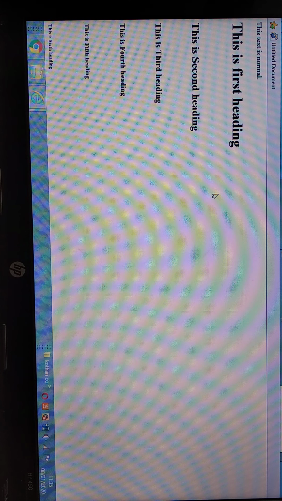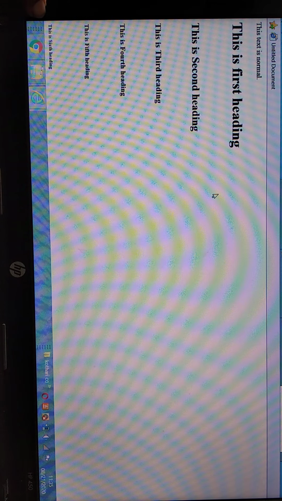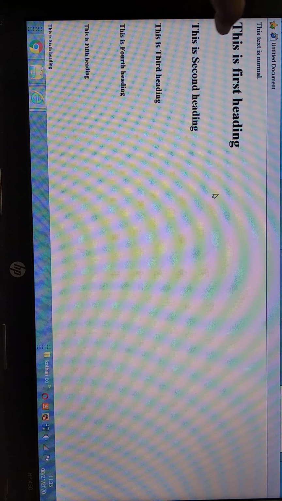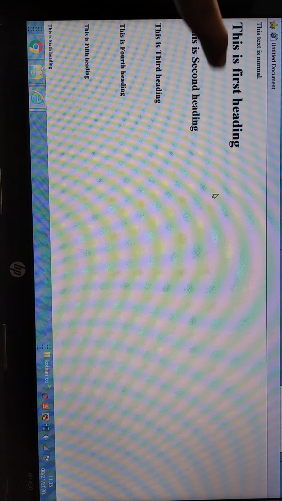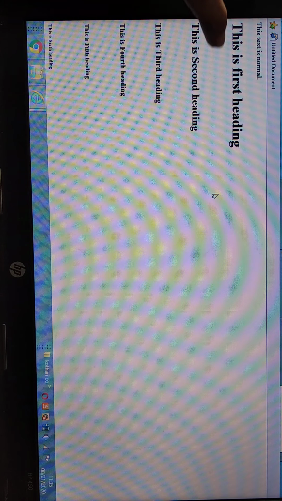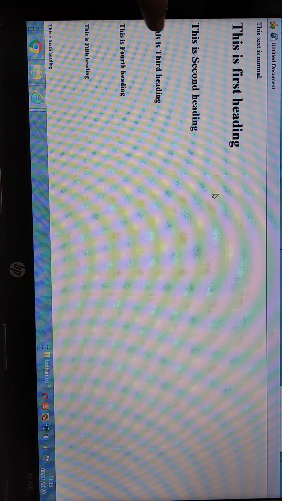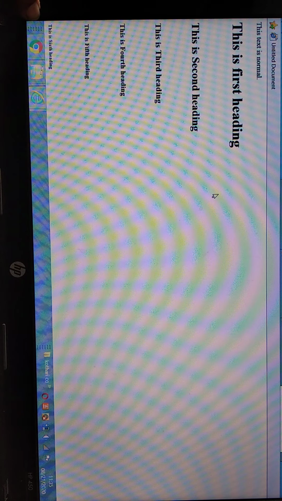Whenever you look from the first heading up to the sixth heading, the size of the text, the size of the sentence, is different in the different headings.